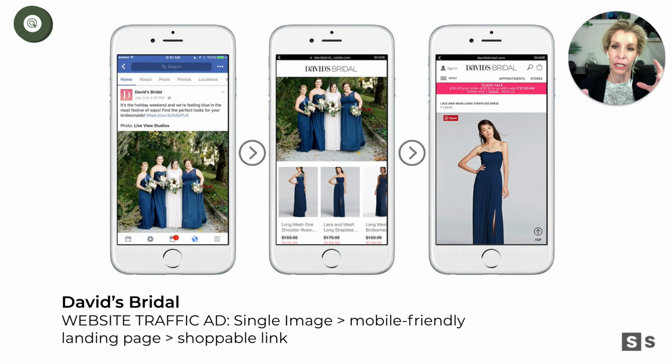They know that people are going to click from this, likely from mobile, but maybe not. But I'm guessing that 70% of their ad engagement is on the mobile app, but they would know better than me. And then they are sending people to that website and then an immediate ability to check out right there. So this is not a shopping ad, or we would see more Facebook steps. We would be taken to their Facebook catalog, but instead they're directing us straight to their website. So it's in fact a traffic ad. That's the objective. We'll get to objectives later on. And a really simple three-step journey.